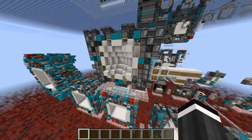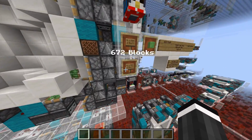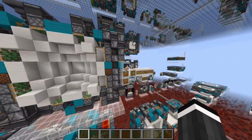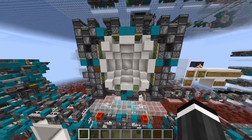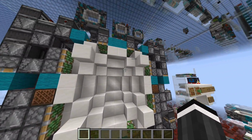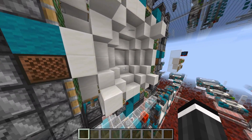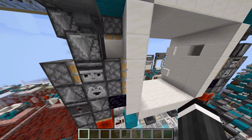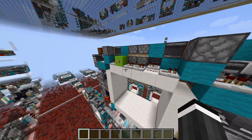Actually, one last thing. 672 blocks is the size my Ewan made, but it actually has been done before by Perry, another good buddy of ours. But the difference is, actually, could you open the door? Sure. He uses slime blocks, which you can't really see. And, you know,